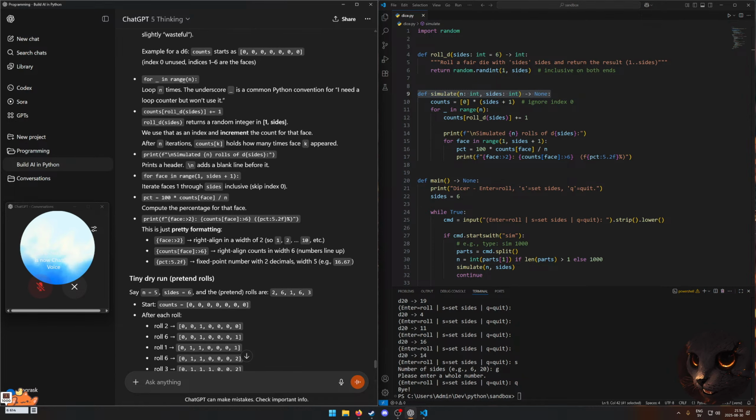For underscore in range n, loop n times. The underscore is a common Python convention for I need to loop count but won't use it. So I guess that answers my previous question, if that's a standard way to do it. Counts, roll underscore d sides, plus equals 1. Plus equals 1,